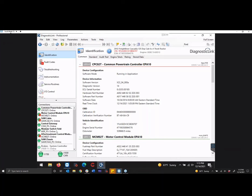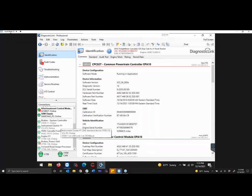But these modules up here, we have a little more control over these. We can see a little bit more information about them. Now the 3 modules that we can do full troubleshooting with are going to be the CPC, the MCM, and the ACM. The rest of these we can see some basic information and do a little bit of input and output control. But again, the ones down here, we have to use different software, or we have to have a